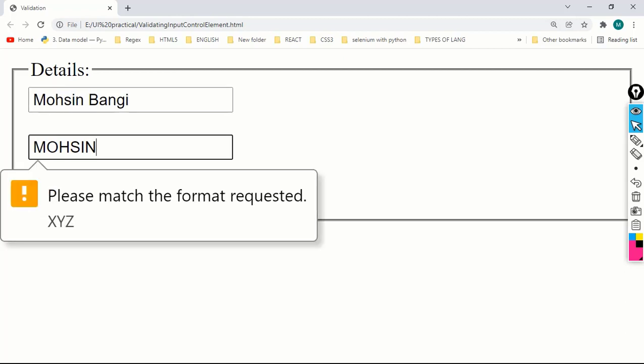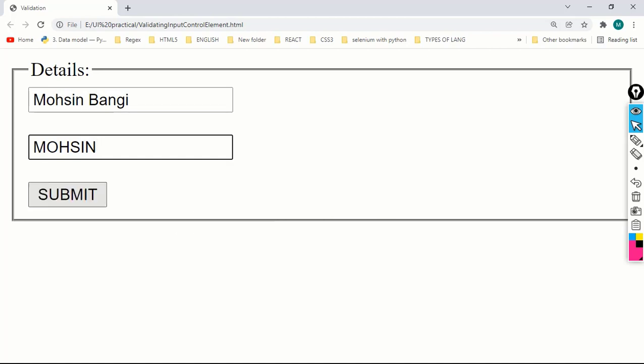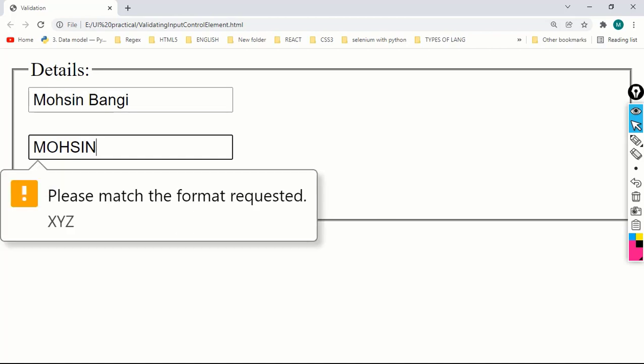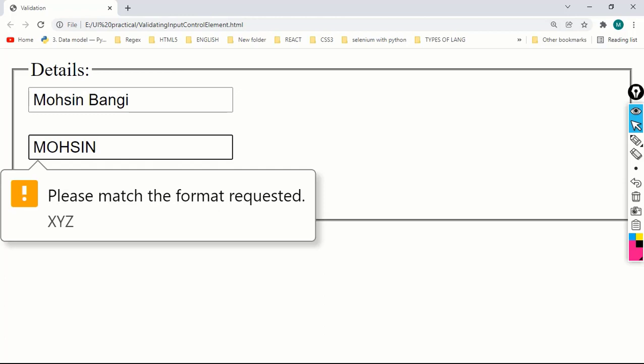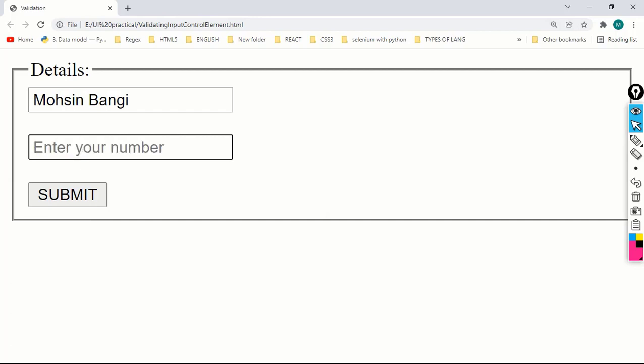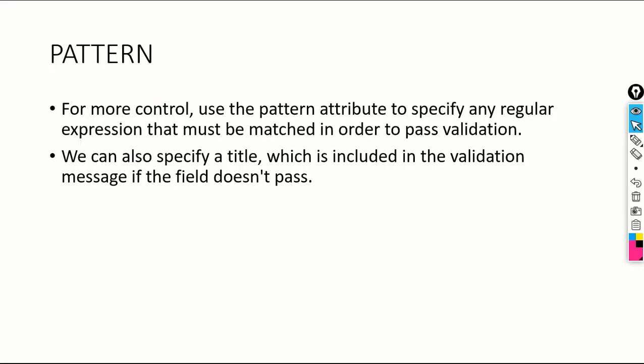The first input box is validated, that is correct. Now the second input box is validating, which has an incorrect value. So it is giving me an error message with our title XYZ. Correct. So what I will do, submit. Form is submitted. So this is the magic of pattern.